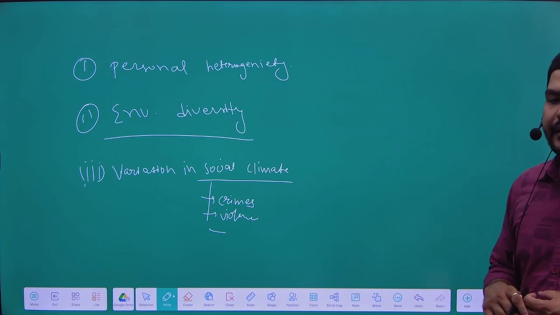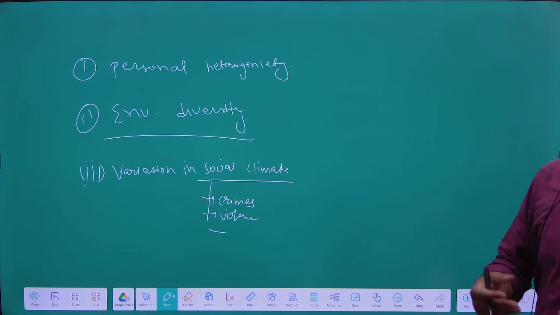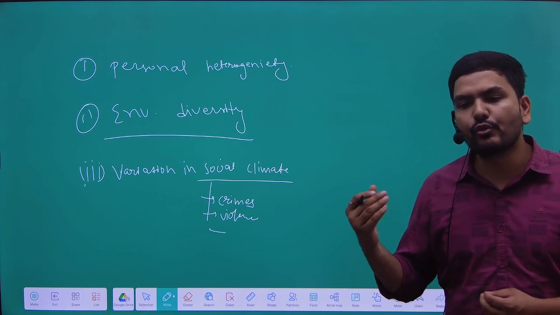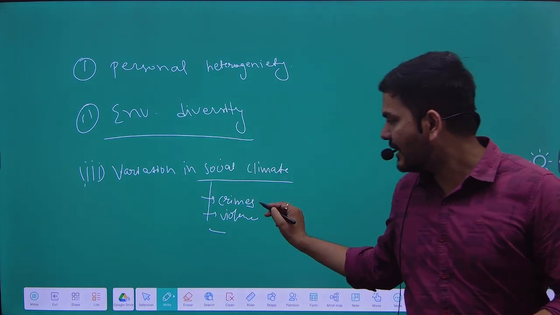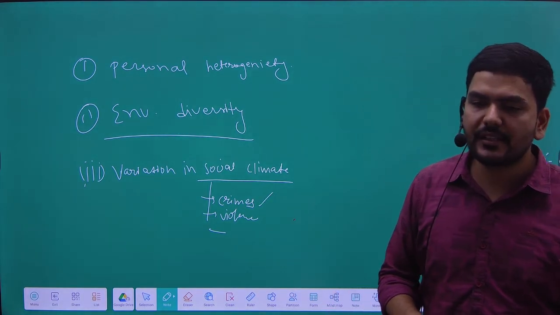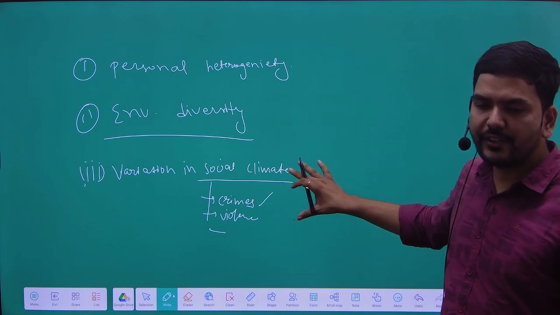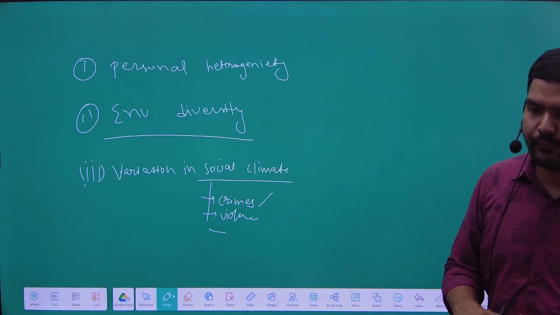In that case, would your parents allow you to go outside? No, because crime rate is high, violence against women is high. So this also affects your functioning, right? Next point you write,